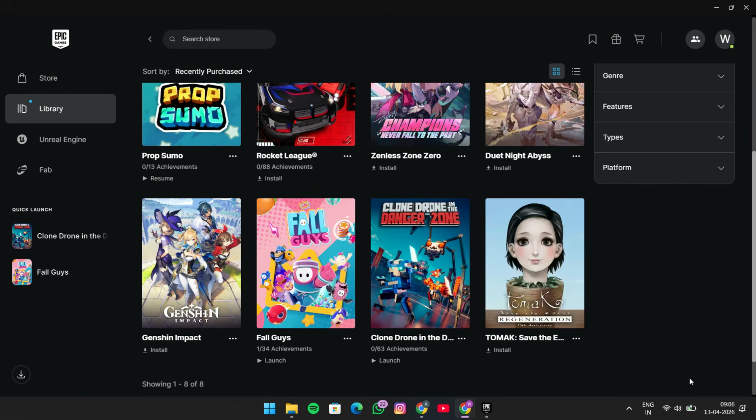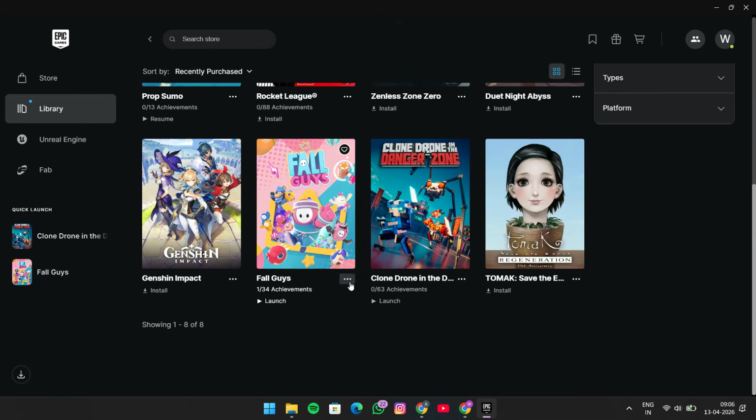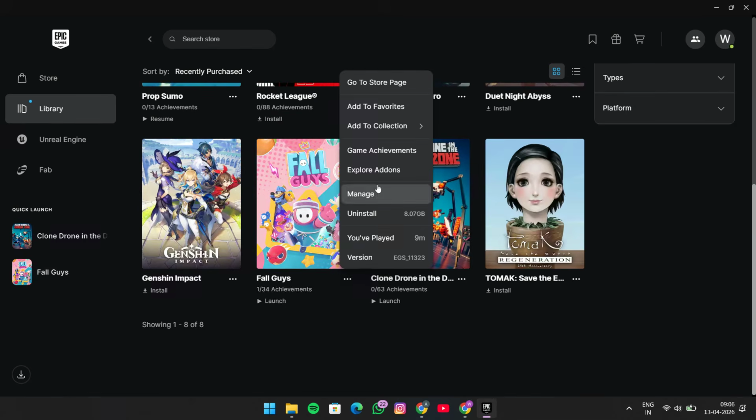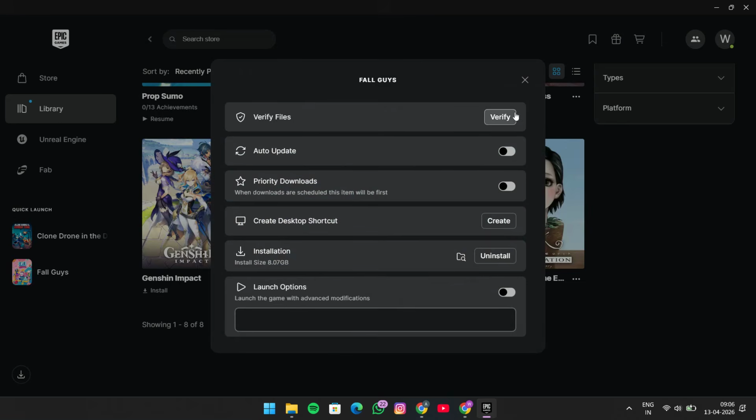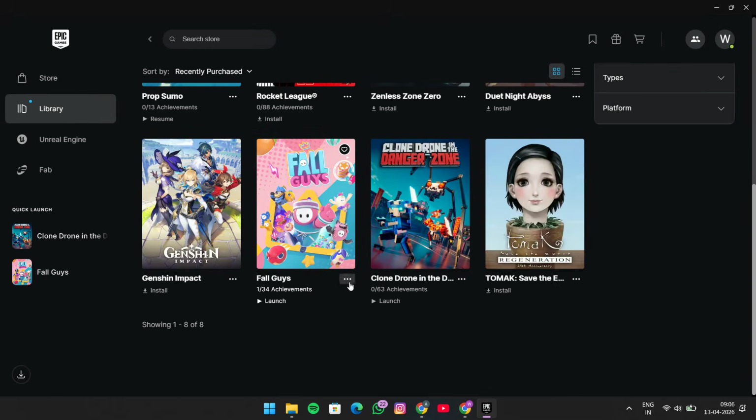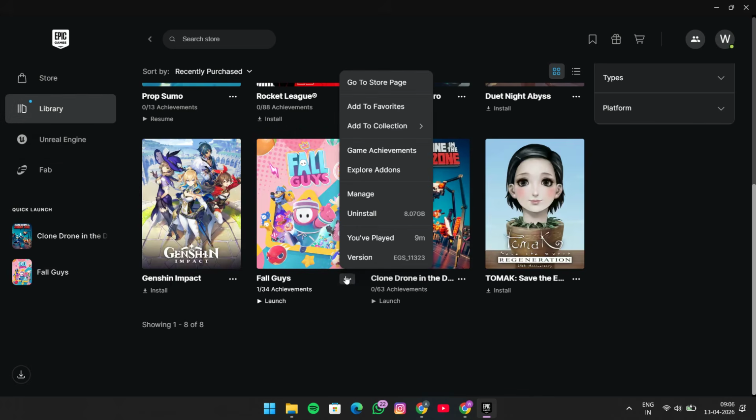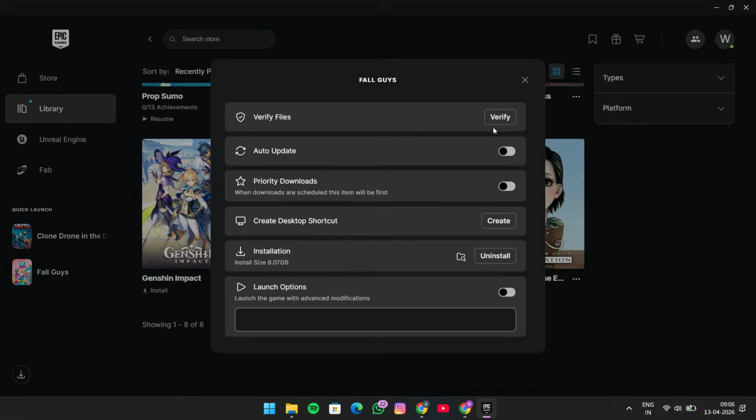If the problem continues, the next step is to verify the game files in your library. This is one of the most effective fixes when a game shows as unavailable because missing or damaged files can cause the launcher to behave incorrectly. Open Epic Games Launcher, go to your library, find the game, and click the three dots or the options menu next to it. Then choose the Verify option and let the launcher scan the files. This process may take a few minutes depending on the size of the game, but it can repair missing data